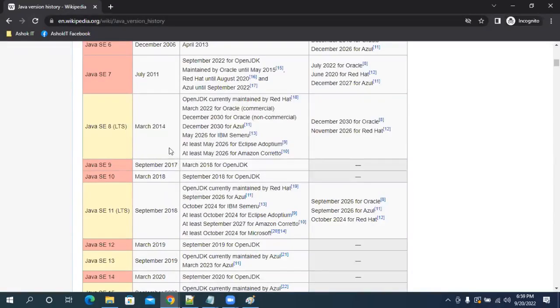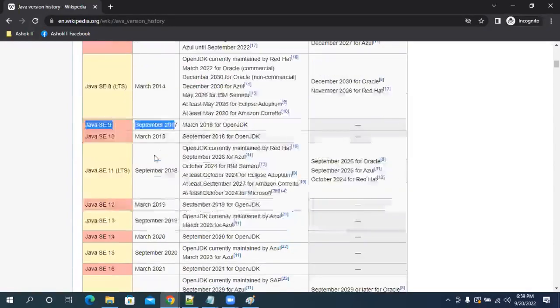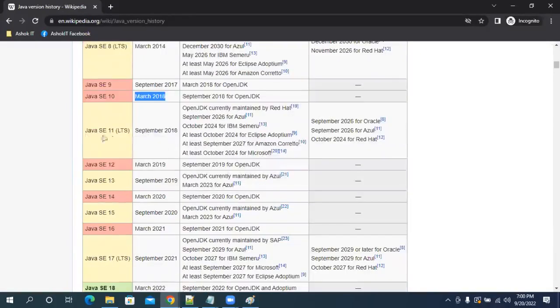Now can you see when Java 8 came? March 2014. When did Java 9 come? September 2017. From here it started. Then again in March, Java 10 came. Then Java 11, September 2018.